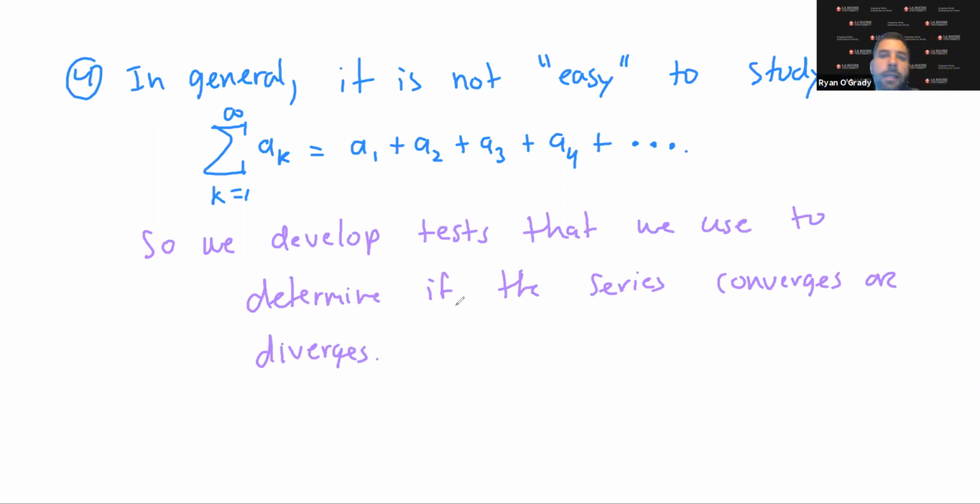So here's where we're at, and this is a very common theme in areas of science. I have a series, this blue guy right in front of me. I have a number plus a number plus a number plus a number. Now, it doesn't fit the pattern of geometric, and it doesn't fit the pattern of a p-series. So I don't know what I can say about it. So it turns out that usually the best I can do is I can say it either converges or diverges. So let's remind you of the tests that we have already written down. And they are as follows. So far,